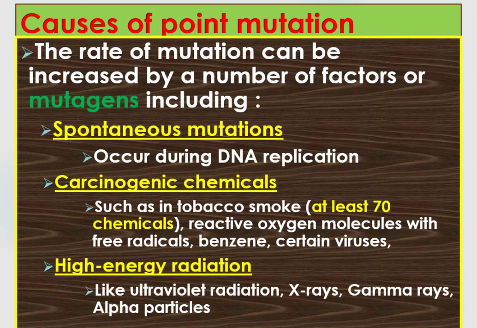These carcinogenic chemicals can be found within tobacco smoke, reactive oxygen molecules with free radicals, benzene, and certain viruses. The third factor is high energy radiation. This high energy radiation includes ultraviolet radiation, X-rays, gamma rays, and alpha particles that are capable of changing the chemical